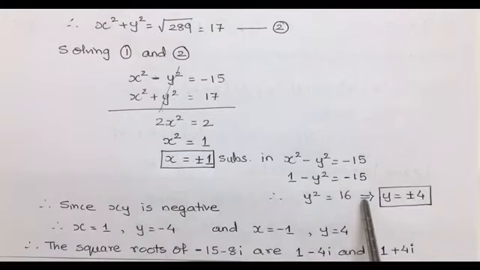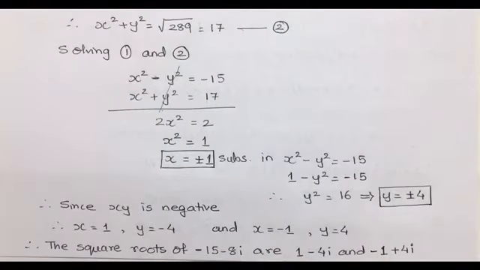And taking the root of 16 for calculating the value of y, it becomes plus or minus 4. Now whatever the value of 2xy we have, in that the xy is considered to be a negative value, that is minus 8. Hence when we are taking the combination of x and y, we need to take the combination as one positive and one negative so that the product comes out to be negative. So when x is 1, y will be minus 4. When x is minus 1, y will be 4.